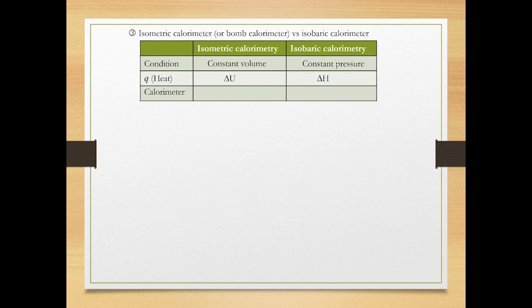The device to be used in calorimetry is called a calorimeter. The one that provides constant volume condition is the bomb calorimeter. The one that is widely used in the general chemistry laboratory is the coffee cup calorimeter, and it works at constant pressure. It is suitable for isobaric calorimetry as long as good thermal insulation is in place in order to minimize heat loss.